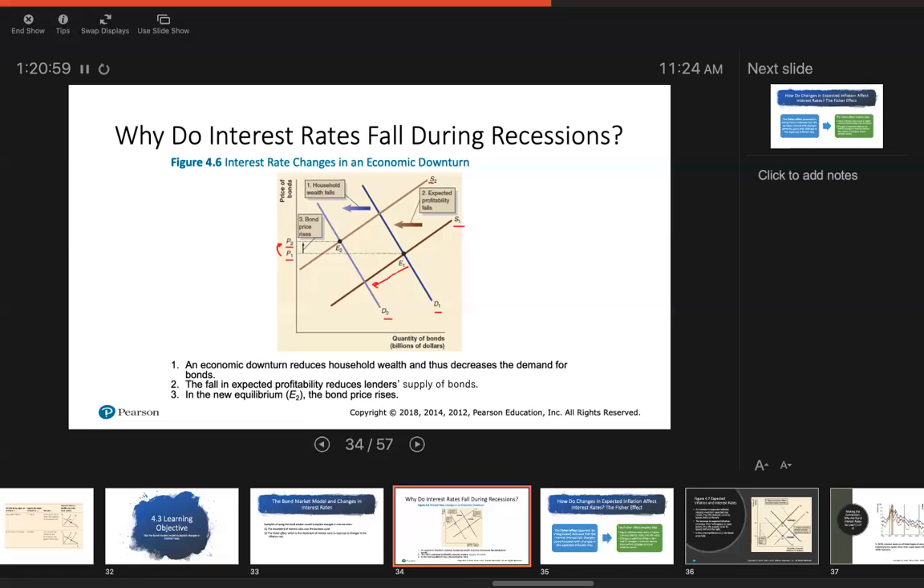At the same time, firms' expectations on profitability are declining, so they cut back on the quantity of bonds that they supply into the market. So the supply curve is also shifting to the left, and at the new intersection, the price of the bond goes up, and as the price of the bond goes up, the interest rate on these bonds will fall. Okay,